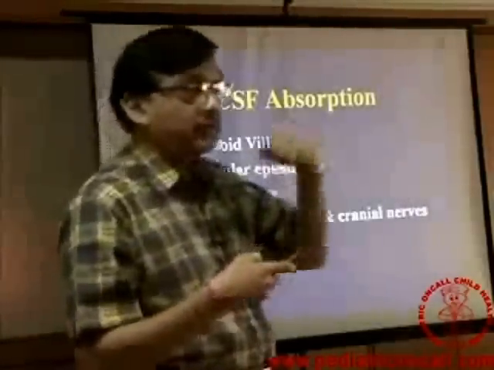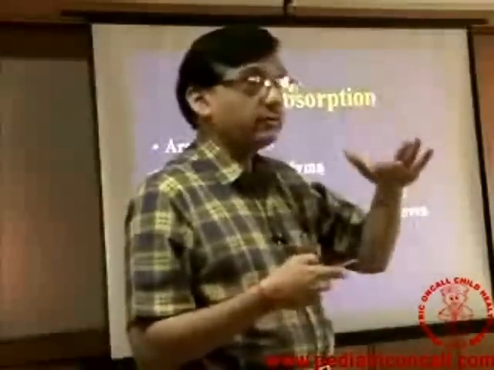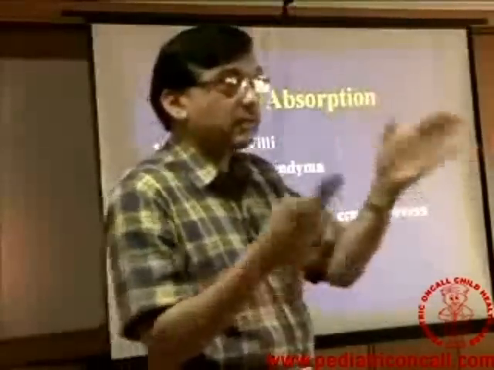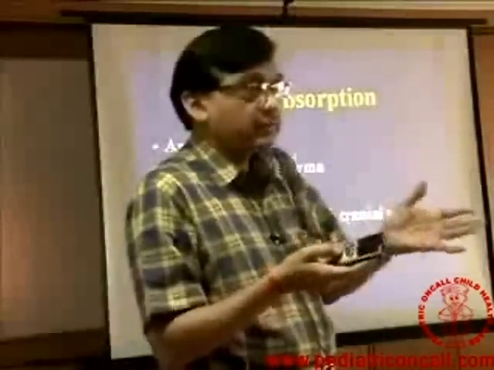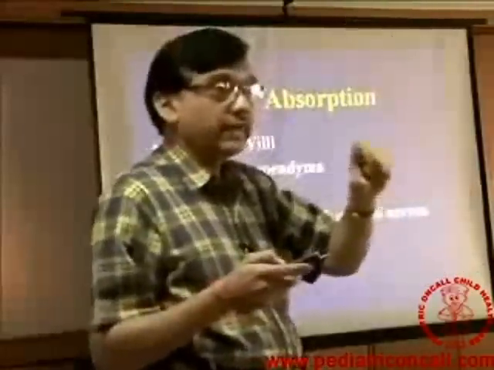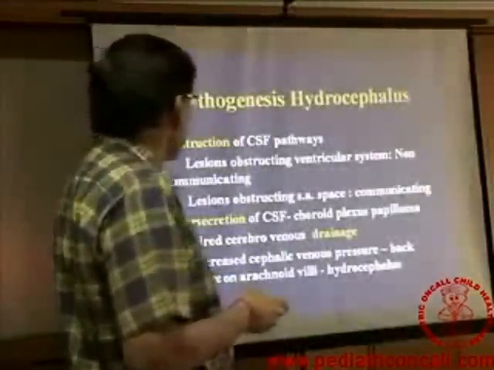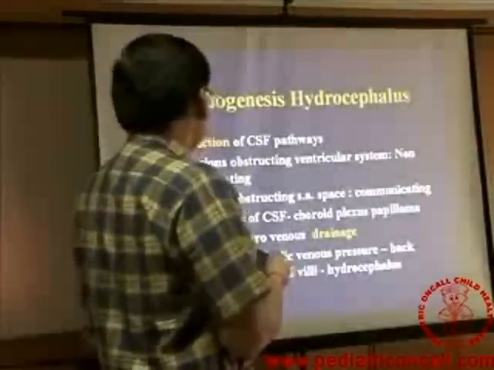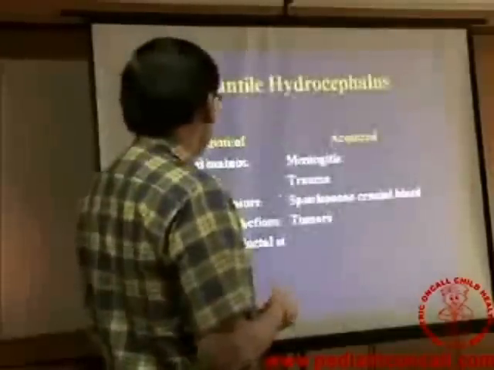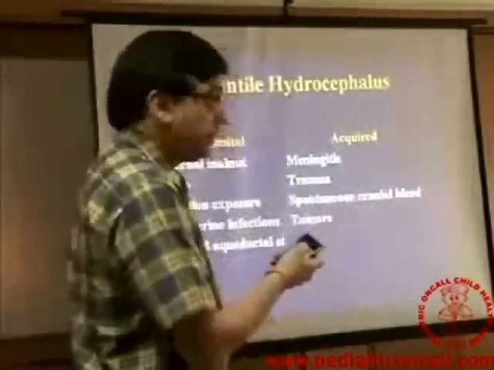Now this is important even when you look at meningomyelocele with hydrocephalus, where after the meningomyelocele is closed, suddenly the hydrocephalus comes up. It's because the leptomeninges or the meningeal membrane which covers the meningomyelocele, we excise, and therefore the absorptive area goes down, and it can also give rise to hydrocephalus. Again, pathogenesis, as I said, is either obstruction, over-secretion or improper drainage. Any one of these three can give rise to hydrocephalus, and it can be either congenital or acquired.